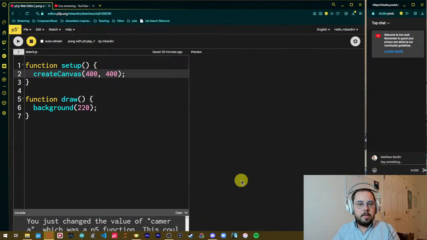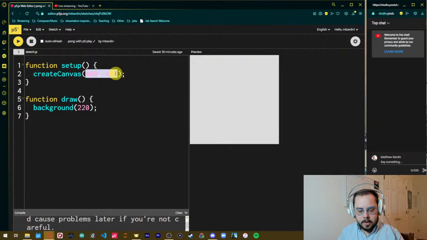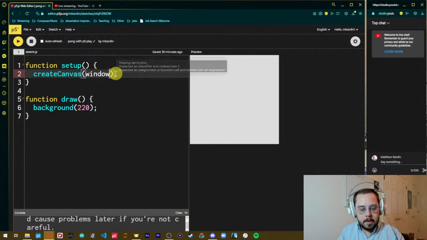And now let's just jump right in. I'm going to start with all the stuff that doesn't specifically need the P5 Play library. So if I run this, that's the size of my canvas. I'm going to make this a little bit bigger. So say windowWidth, I can't type, width, the capital W